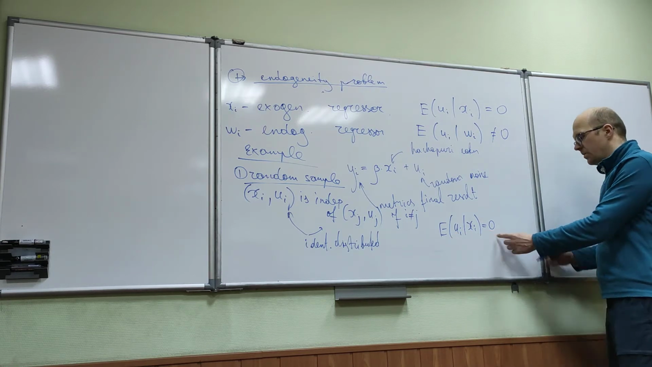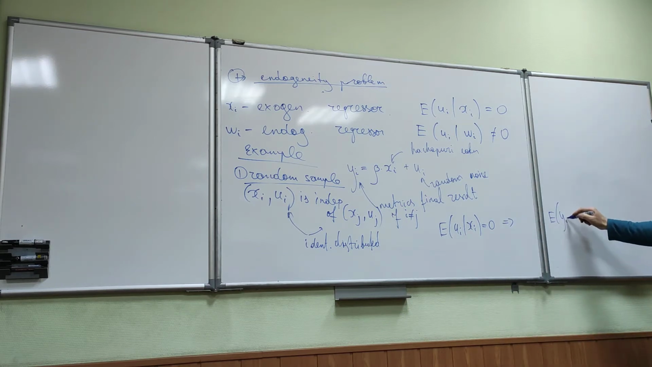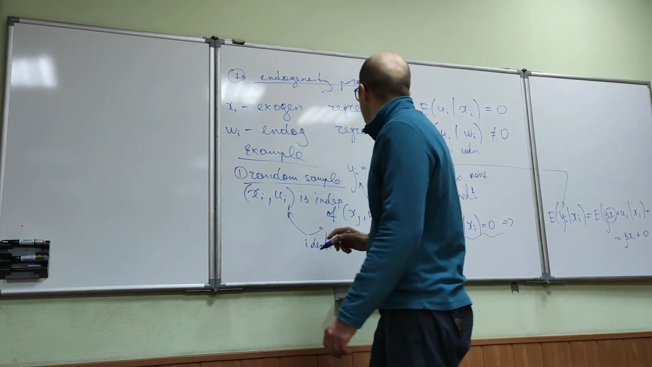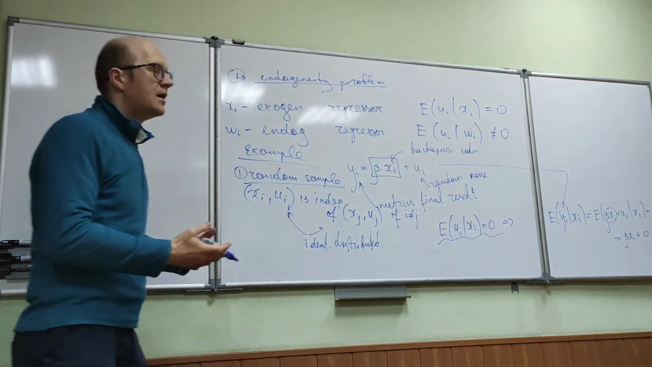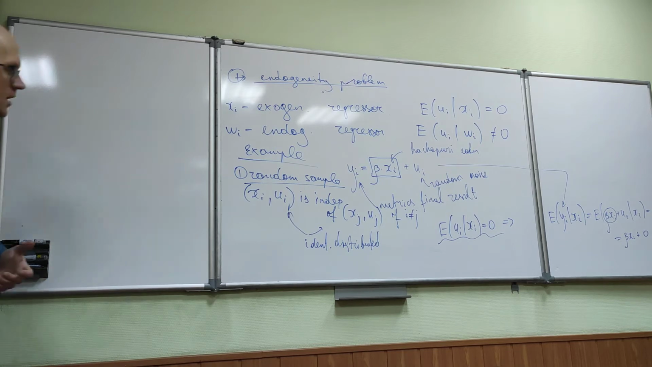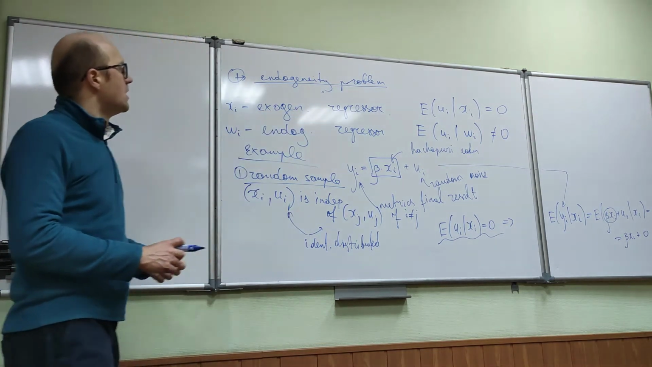So it follows that the expected value of y given x is, I just plug in, the expected value of beta x plus u given x, and it is beta x. If you know x, beta is a constant, so you know the first term. The best prediction of this sum is the first term plus 0. So what is the meaning in plain words? The exogeneity assumption says that